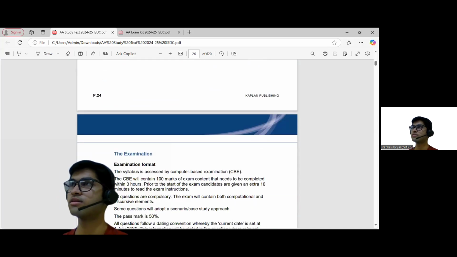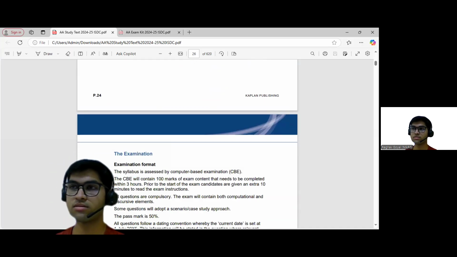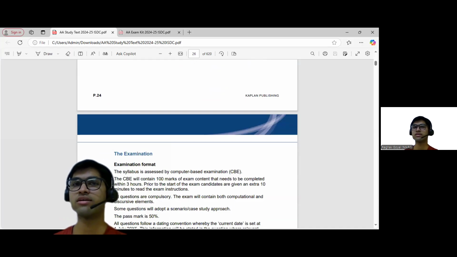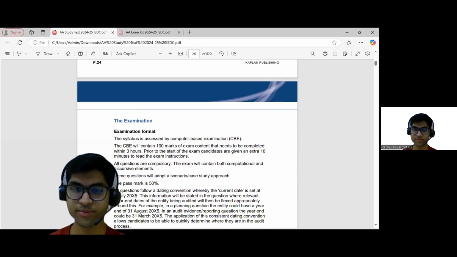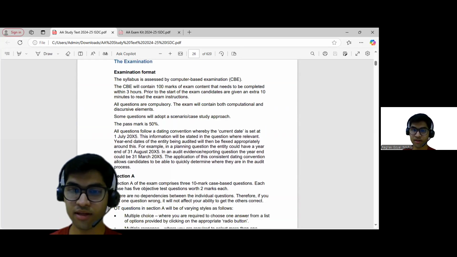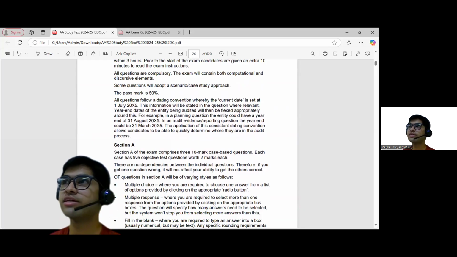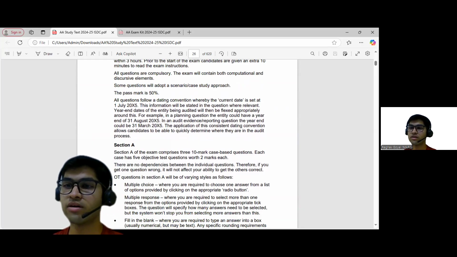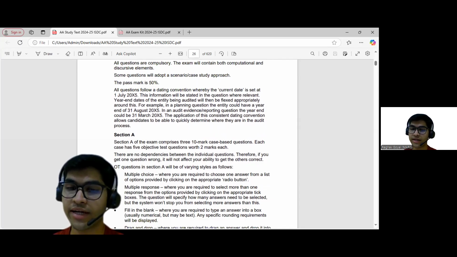And let me tell you that the audit taught in this paper is good for foundation, but it's not exactly how audit is done in the real world. The concepts are right, but in the practical world it's different. You won't be performing each and every part yourself. For example, as a fresher, you may be working more on substantive procedures rather than risk assessment, but it's good to have an idea about everything.